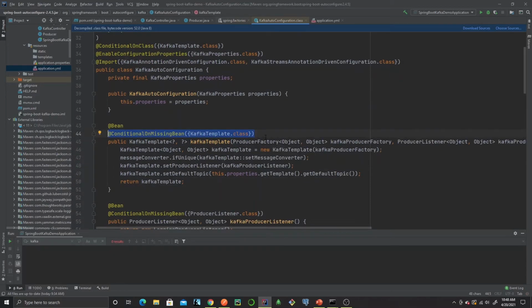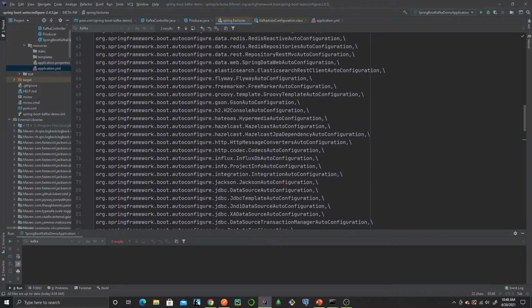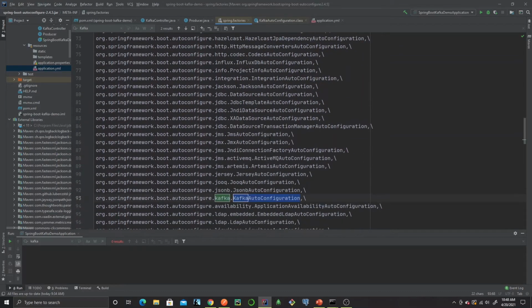For example, you have created a library or utility and you want everyone to use that library. In a general scenario, everyone has to create all the classes that are required by your utility and do the configuration, which is time consuming and hectic, right? And you don't want your library user to do that. So you can create a starter. In that starter, you will have a spring.factories file. As you can see, the auto configuration files over here, similar to that, you will have one auto configuration file in your spring.factories, which Spring will read.